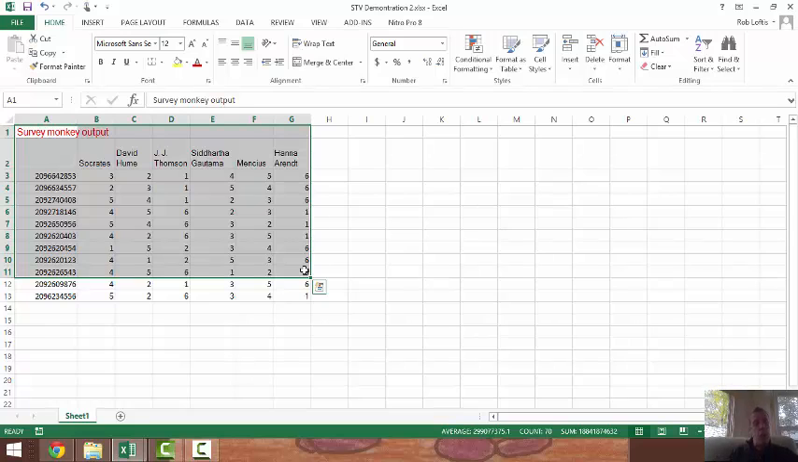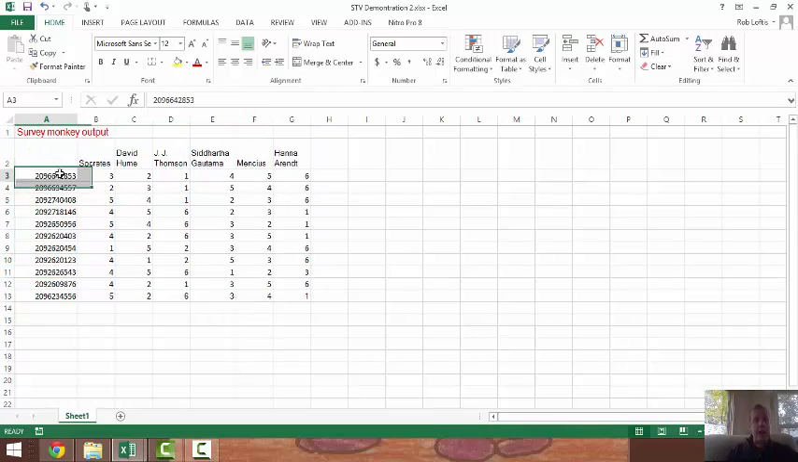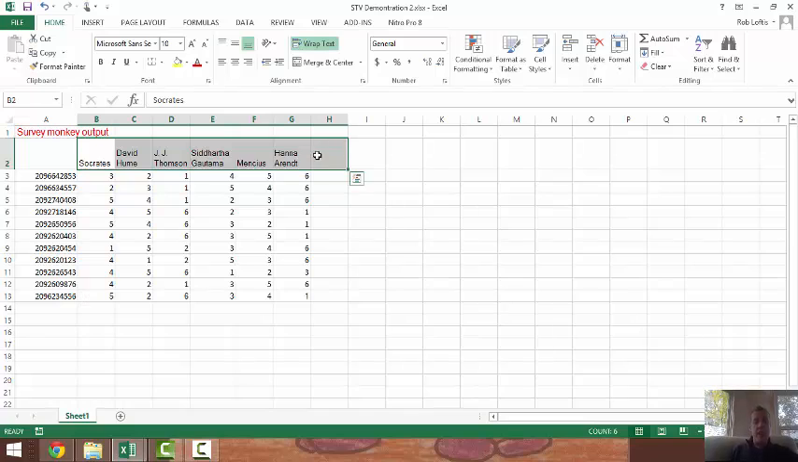So what we have are ballots. The ballot numbers are across the left. The candidate names are across the top. And then in the body, each column gives the rank that that ballot gave to that candidate. So we're going to need to count these ballots, and